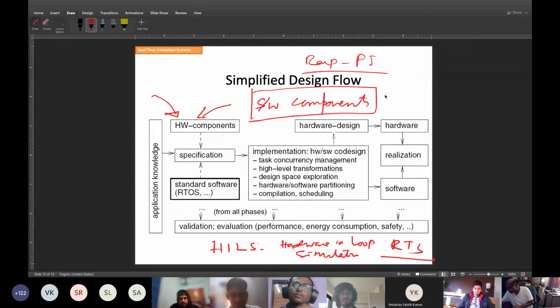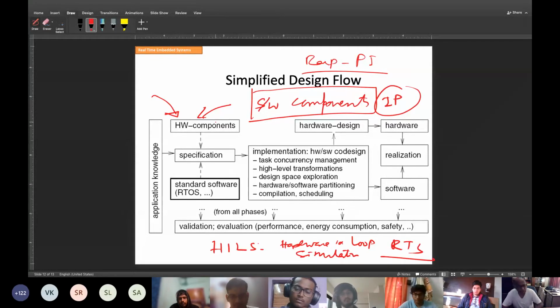At the same time, mostly it is built in-house. So there are software teams, and this is the major IP nowadays. IP is software, hardware is available, like ARM, AVR. Then you have to bring an operating system. In the software component, you don't have to build an operating system. You can buy one. There are lots of common operating systems. It is called RTOS, real-time operating system. You can write down RTOS, real-time operating system.